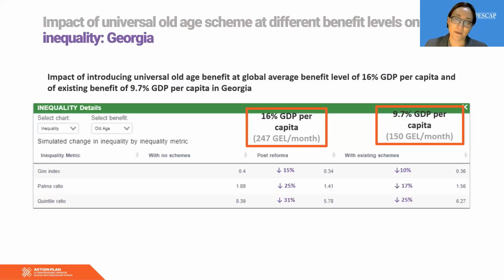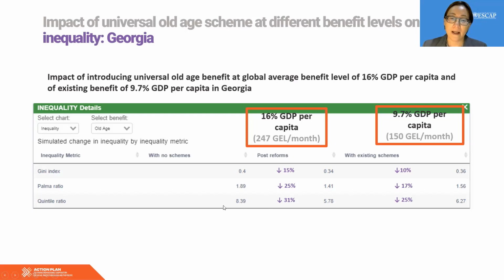When we look at providing different benefit levels and the impact that this would have on inequality, again looking at the same universal old age benefit in Georgia, we see on the left-hand side the inequality levels with no schemes in place. And on the far right-hand side, we see the inequality levels when providing the existing benefit level that provides a universal old age benefit at 150 Georgian lari per month. And we see that this already has a very substantial inequality reduction impact. And if we raise this level to the global average benefit level of 16% of GDP per capita, or 247 Georgian lari per month, this would have an even greater impact on